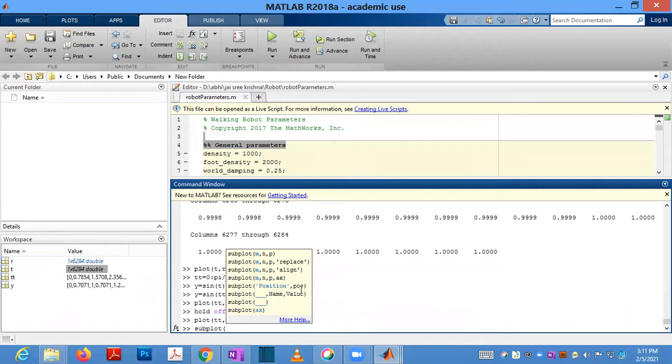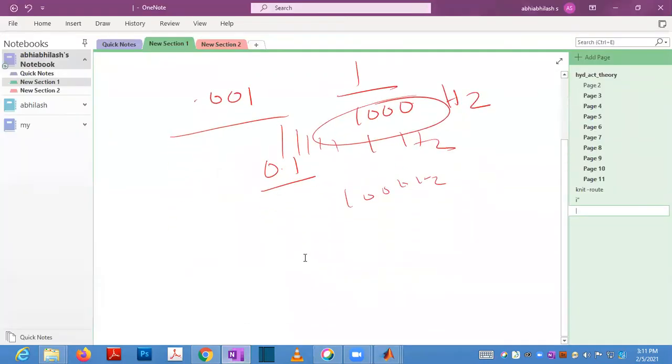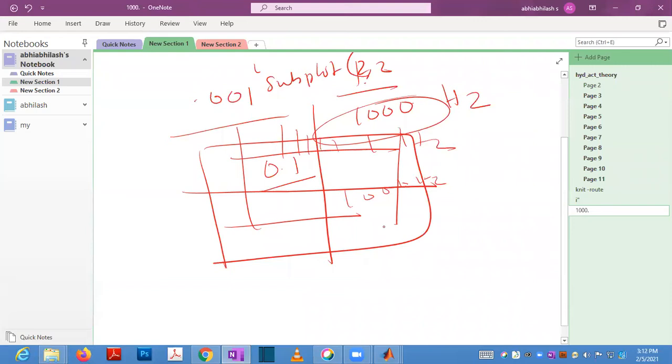If it is a 2 cross 2 matrix, you write subplot 2 comma 2. Subplot 2 comma 2 will create 2 rows and 2 columns. So subplot is that one only.